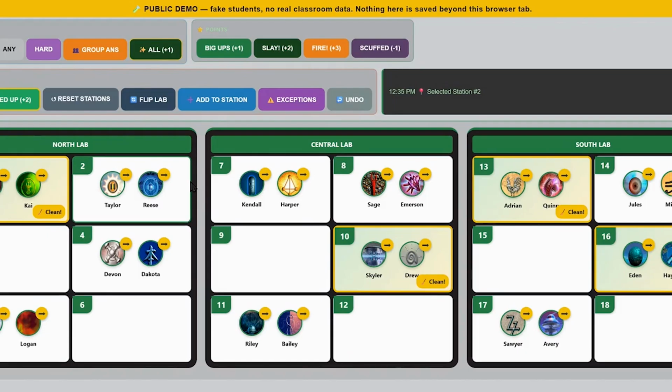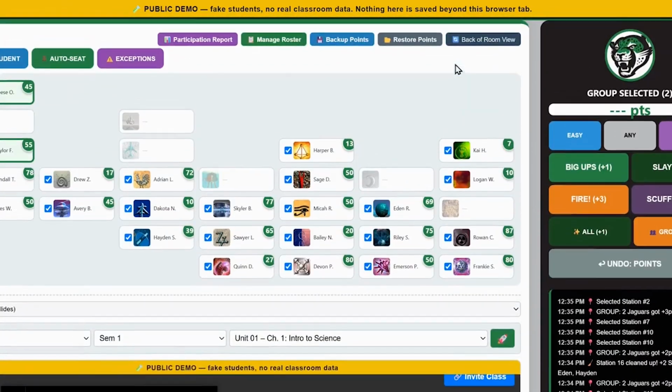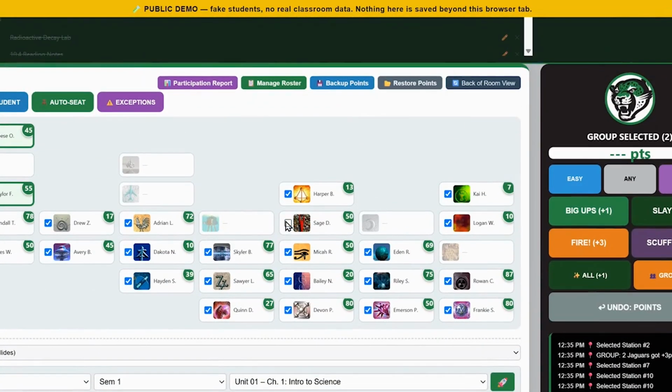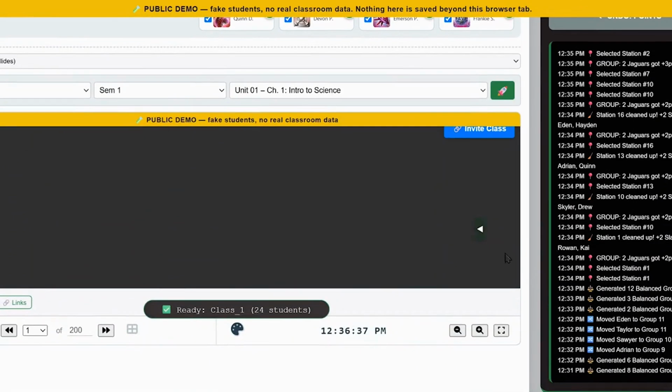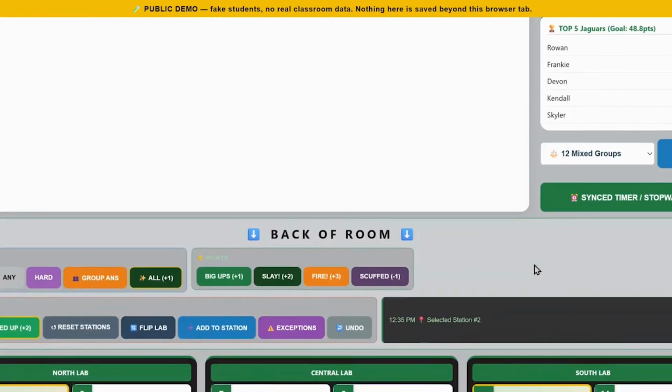And then you can also add students too, by the way. If you had a student that wasn't actually added to the class, you had an odd number of students, or a student came in late. Here it says all present students were already in stations. If I had a student that, let's say they were not present, but then they came in later on,